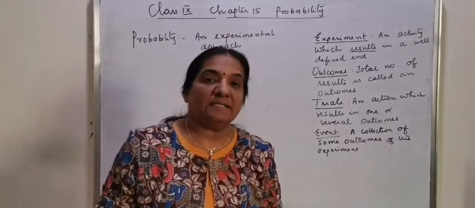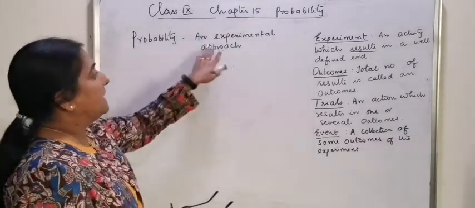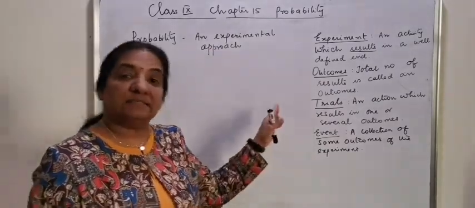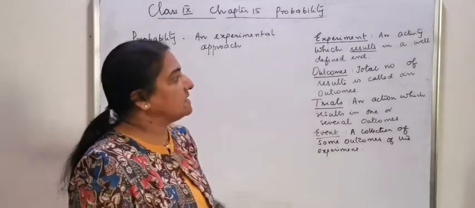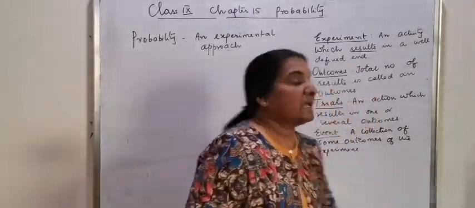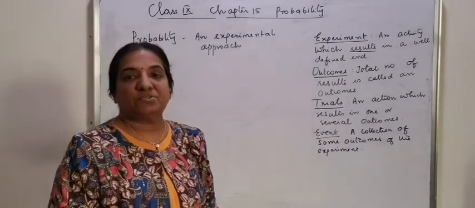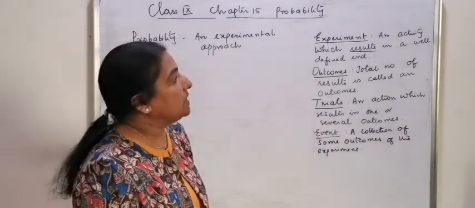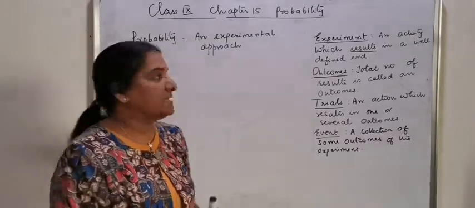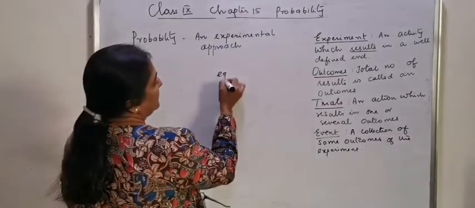So how was this topic introduced? The topic probability is introduced on an experimental approach. Let's define the terms. What is the meaning of an experiment? An experiment means an activity. It is an activity which results in a well-defined end. The examples of an experiment